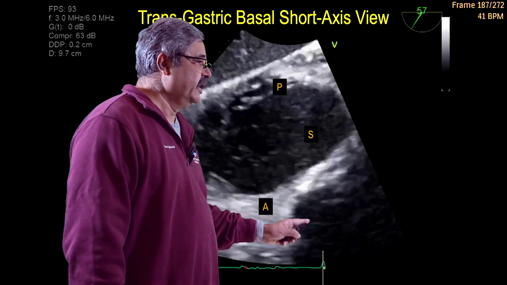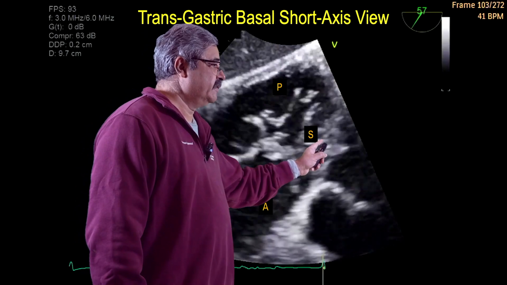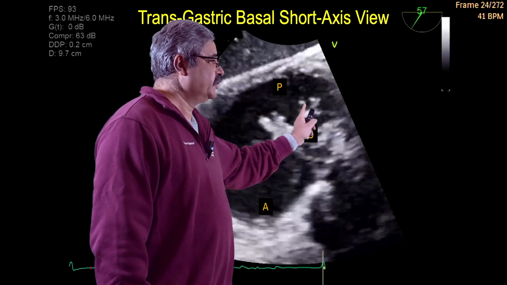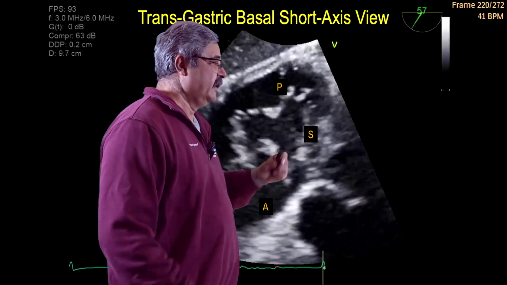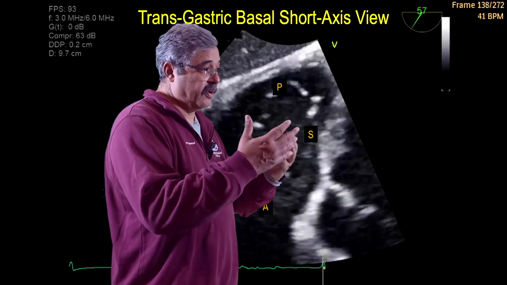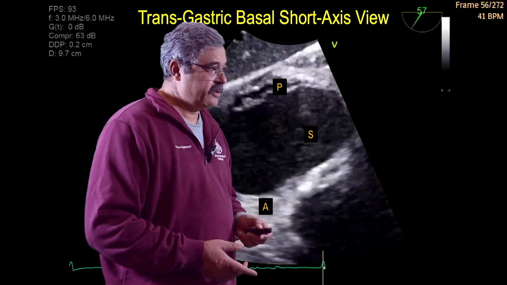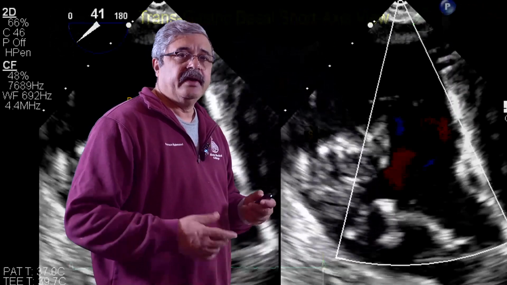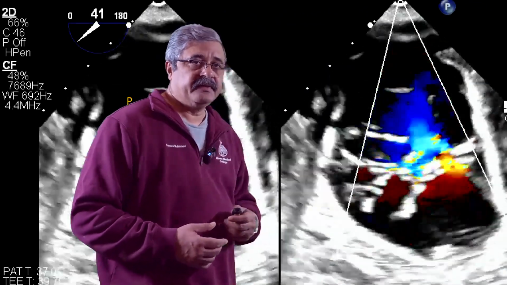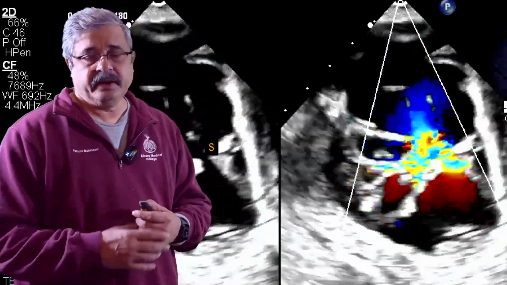For example, anterior is right next to the aortic valve, septal is right next to the septum, and the posterior scallop is right next to the posterior part of the heart. So that's an important differentiation that you need to know. And also this is very important, because knowing